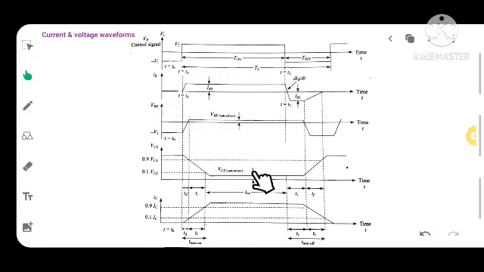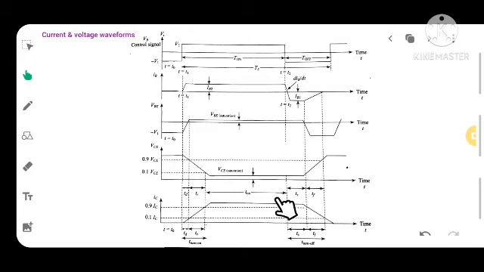Now you can see some durations of time being shown here, that is TD, TR, TS and TF. TD is the delay time, TR is the rise time, TS is the storage time, TF is the fall time. You must know the definitions of all these time parameters.